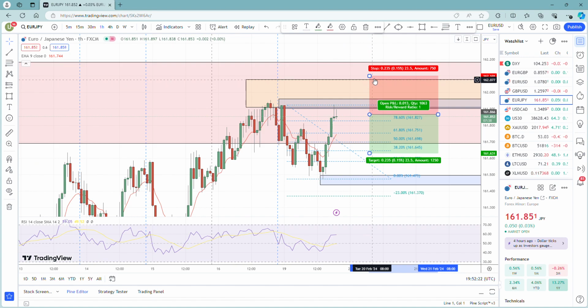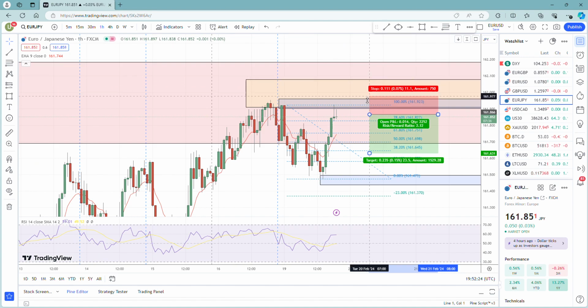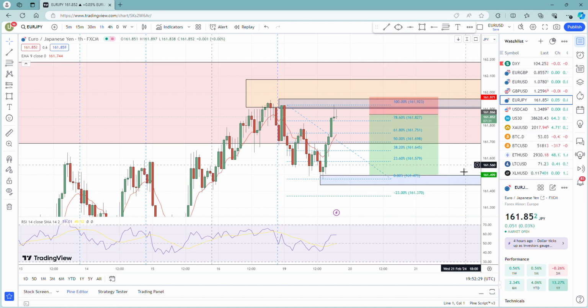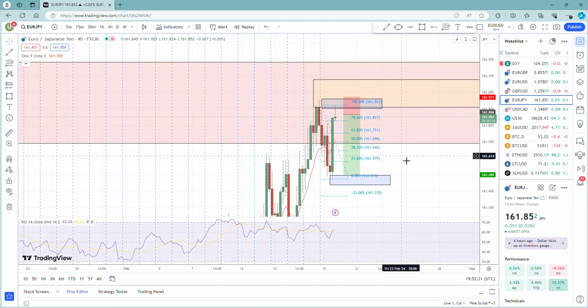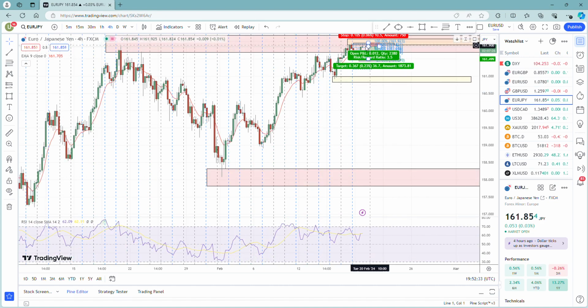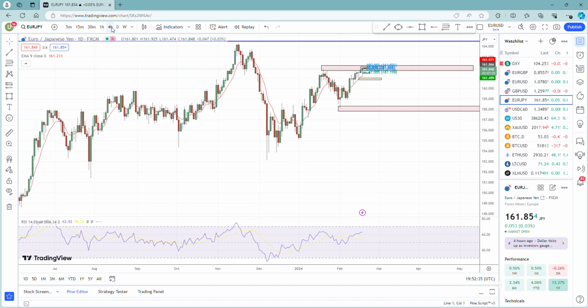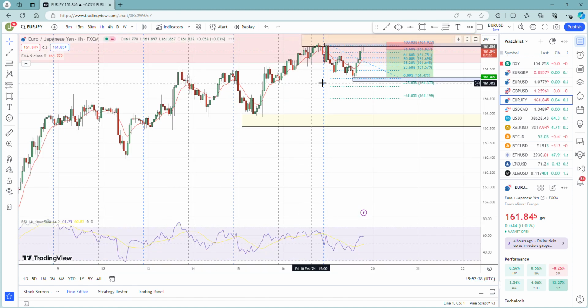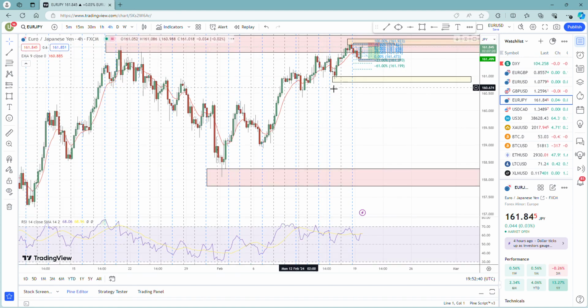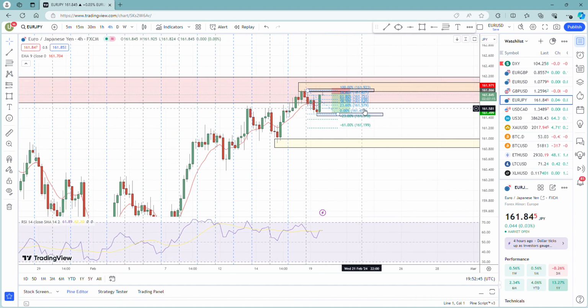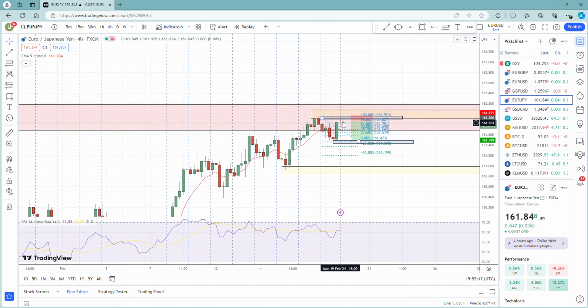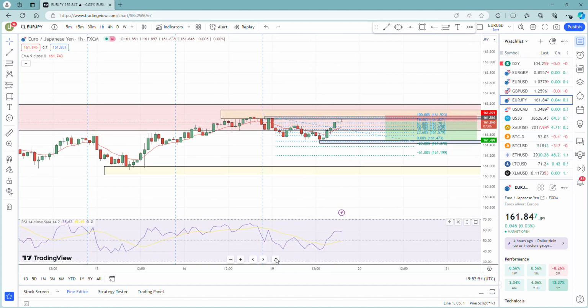If price is still here, put your stop loss about here, 10 pips, and again, put your TP here to this level here. So remember, you're trading from one level to another. It's on a daily level, which is great. It's also on a H4 level and H1. As you can see, H4 is showing you an inverted hammer here. Obviously the bullish is quite strong, but you've got an inverted hammer, which shows price is potentially indicating to go down. So if you break it down further on the H1,